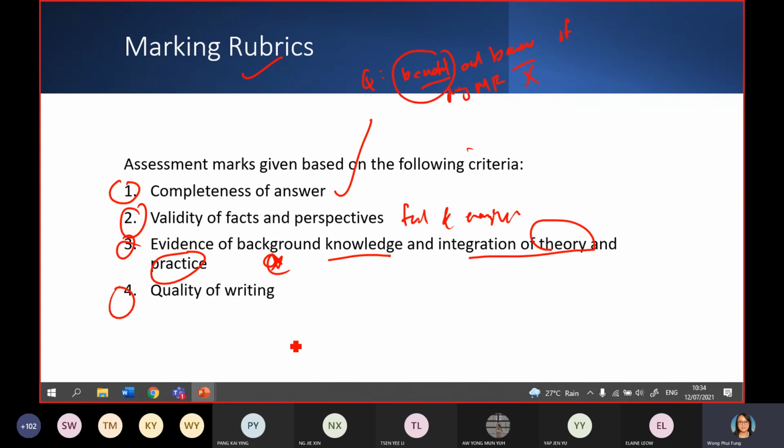Okay? Last but not least, quality of writing means that sometimes you are too careless, you are too careless later on when you type a lot of typos. When there are a lot of typos, I will start to panic. I will start to get a headache because I do not know what you are writing. So that's why try to minimize errors, grammar errors. I don't expect very good English, but please do not have any typos. And you have to present your answer clearly, concisely, in an organized manner.